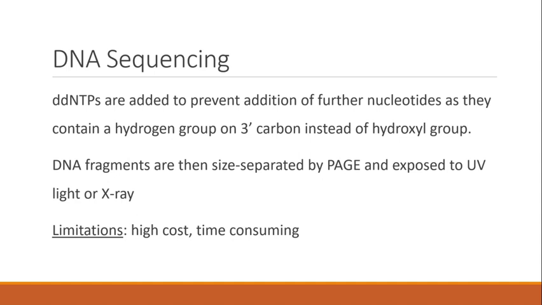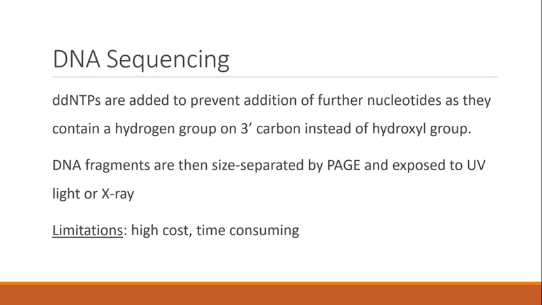Now, when this hybridization or primer introduction is done, those fragments of DNA are separated on the PAGE electrophoresis based on their size, right? After you get that separation on the gel, they are exposed to UV lights or some radiations so that they are clearly visible under the observations. So that is how you identify these sequences, or you get a pattern of sequences, and that is clearly visible.